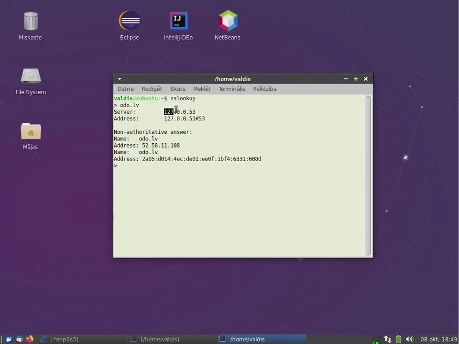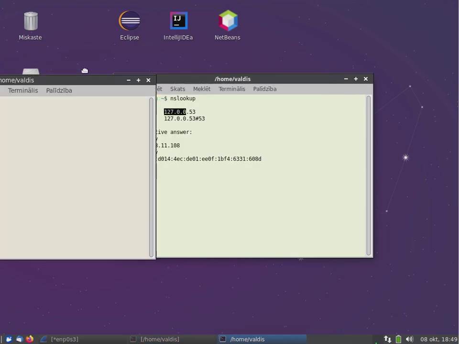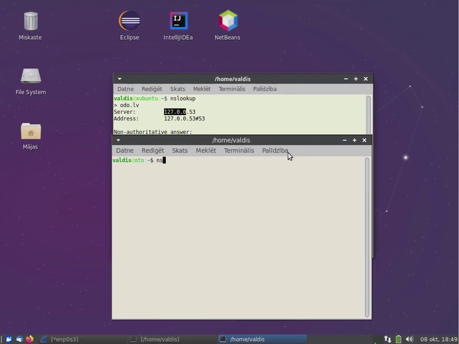And what I see here is that my computer actually has its own local DNS server, because the IP address for this server is 127, which means it is localhost. So all Linux computers today have their own, and this is not inside a virtual machine, it's inside my physical computer.